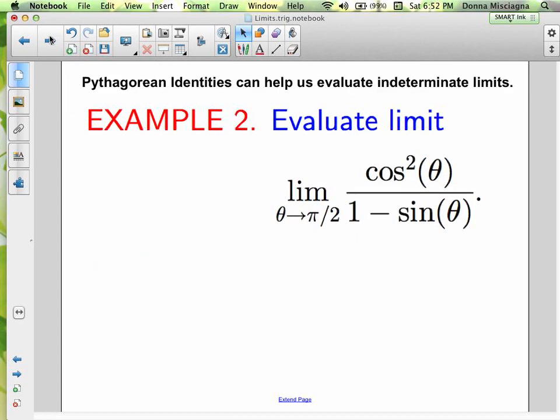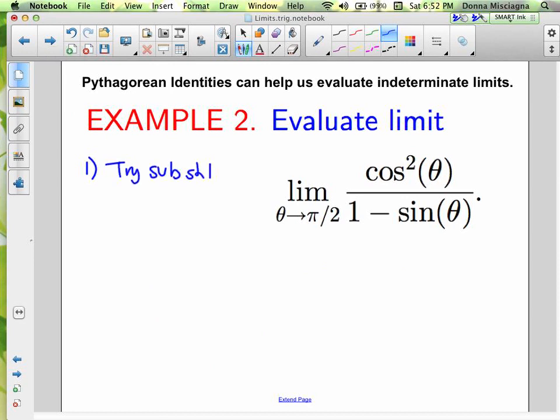How about this one? Let's try substitution here first of all. So attempt number 1, try substitution. All right, so now we're looking at pi halves. All right, so cosine pi halves squared,